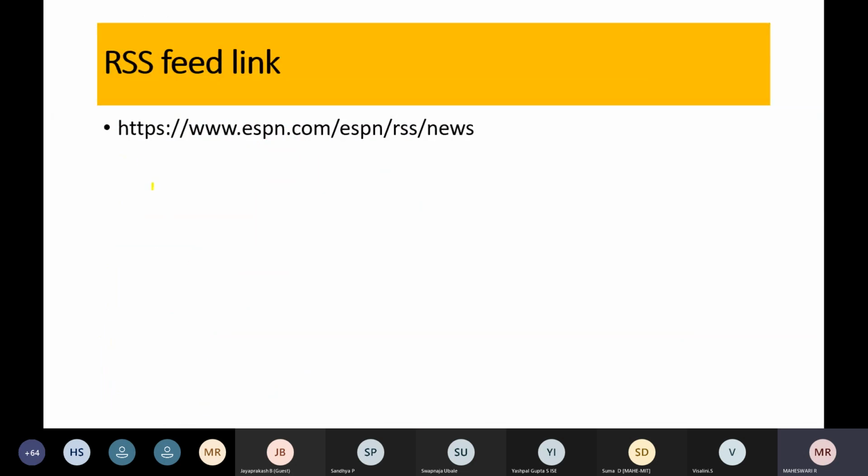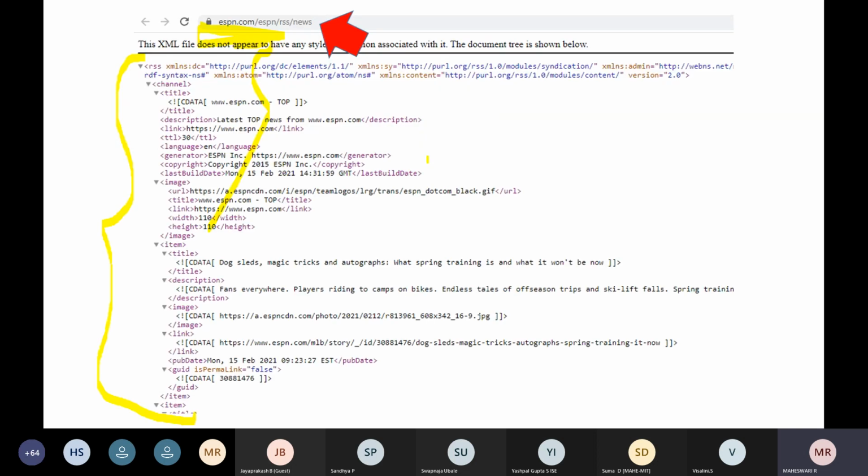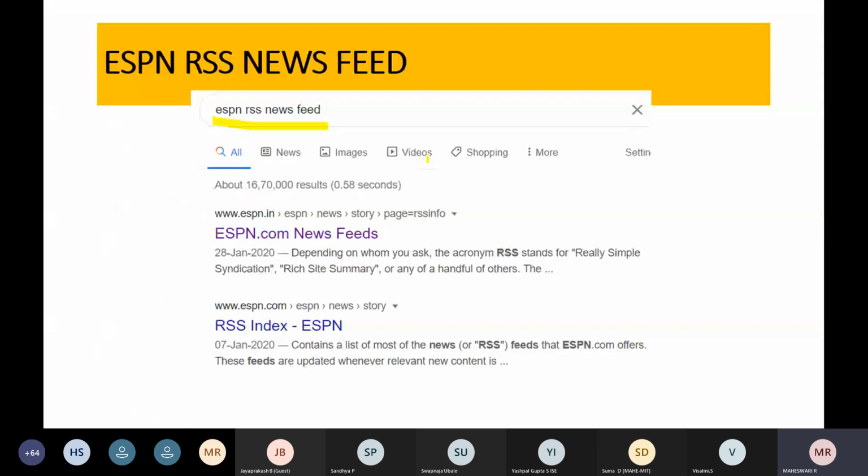This is the actual location, HTTP. I think ma'am would have forwarded this link as well. www.espn.com/espn/rss/news. Whatever RSS you are going to use, you can take this. I'll just repeat. I searched in Google, and there is an ESPN RSS feed available.